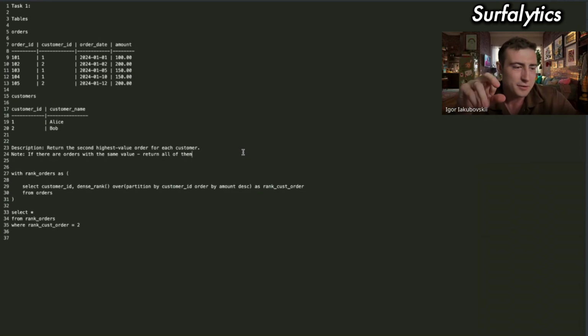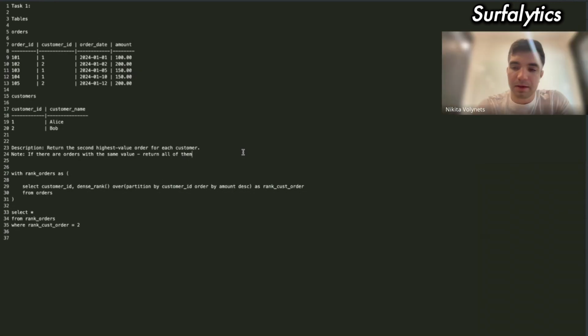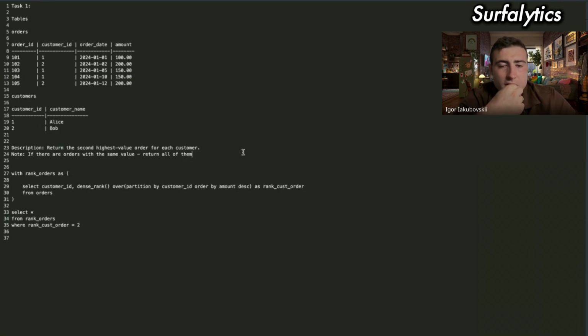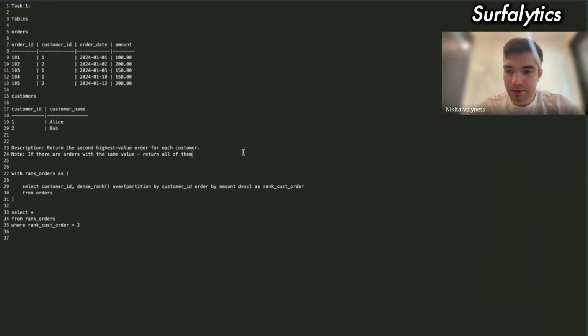If we used just rank, we would get 1, 3, 3 if we have the same value for the second place. Correct. So dense rank just repeats: if they have the same amount, they have the same rank. But if you use just rank, they will skip it. So your solution is absolutely correct.